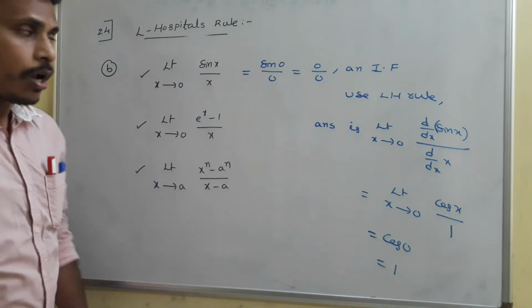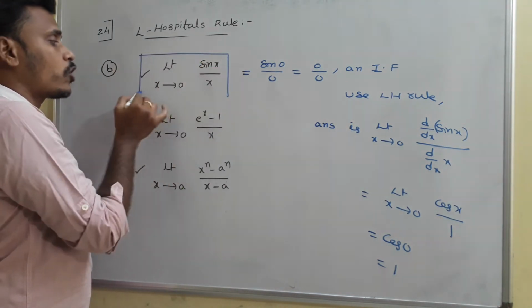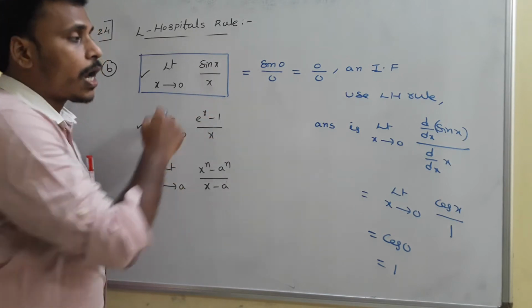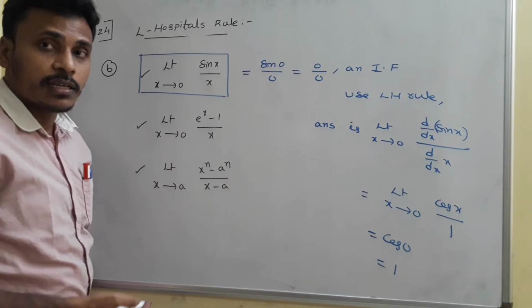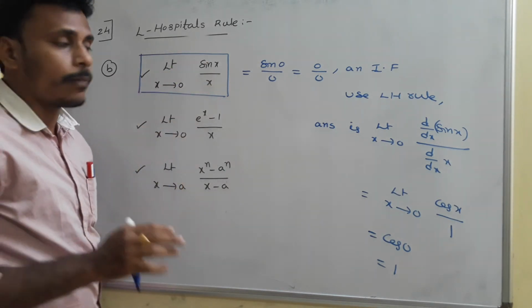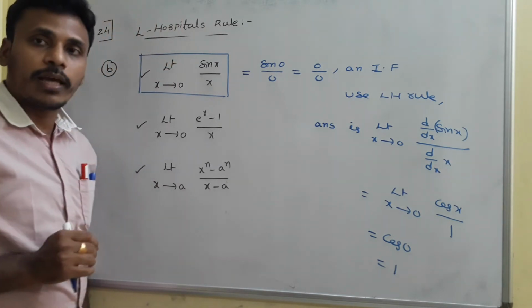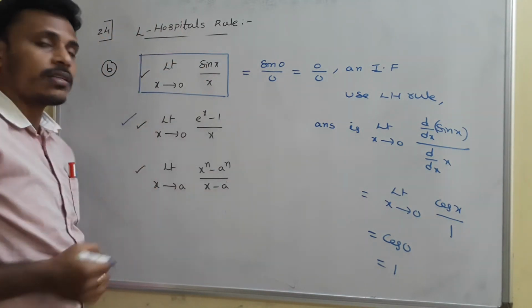Okay, just have a look. Already we derived the value of this limit x tends to 0 sin x by x using series expansion, and now I just explained using L'Hospital rule. Again in further classes I will explain the way of finding this limit in a geometrical way also. But at present we are discussing L'Hospital rule. Okay, I think it is clear, and now I am going to discuss the second one.